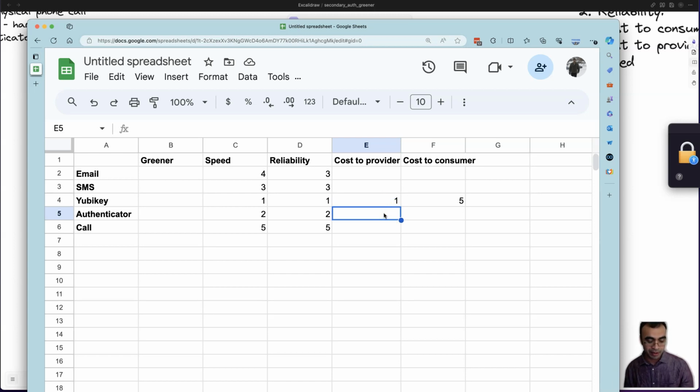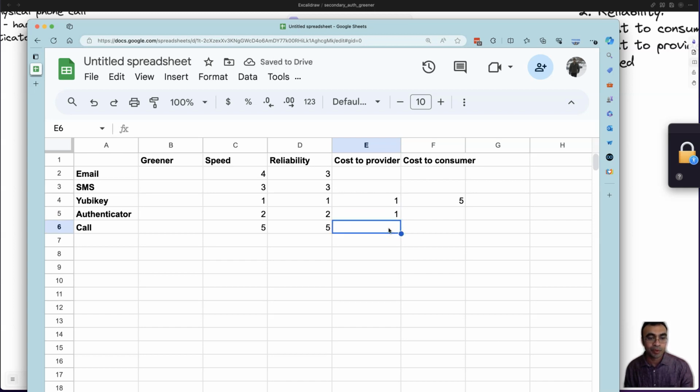Authenticator app, I think once the app is created and then they have a mechanism and the software actually works, there isn't much to do. Like the keys keep on generating, and it can all be client-side code. There shouldn't be even any backend code for the initial 6-digit key to be generated, and then the authentication part, I think, is the same for all 5 of them. So there isn't any extra cost. So I think this is also equals to